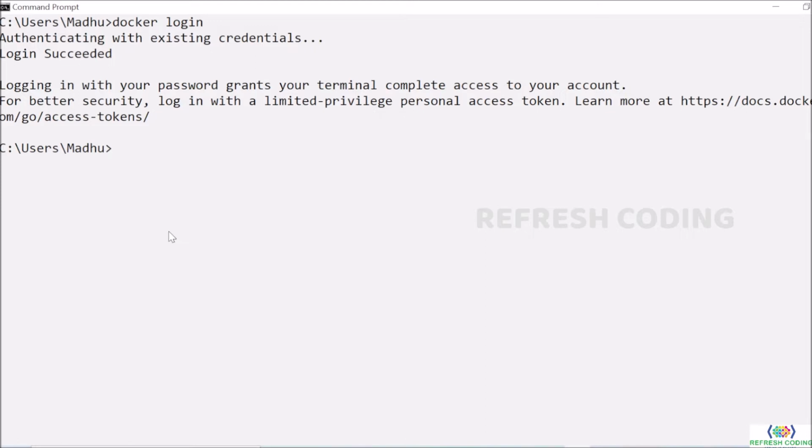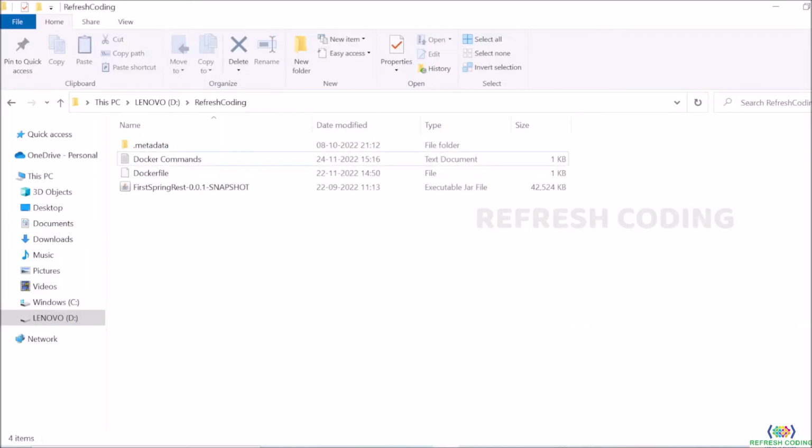So what we will do, the first thing, we will try to create an image, Docker image of our project. So you will have to tell Docker what kind of project you are working with. Right now this is a Spring Boot project. It is a Spring Boot app which I'm working with. I have created a jar file of it, so it is an executable jar file. Now by using this jar file, I'll be creating an image.